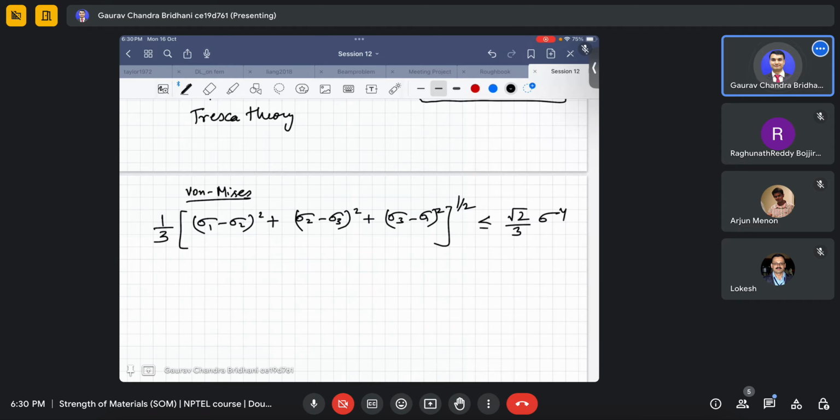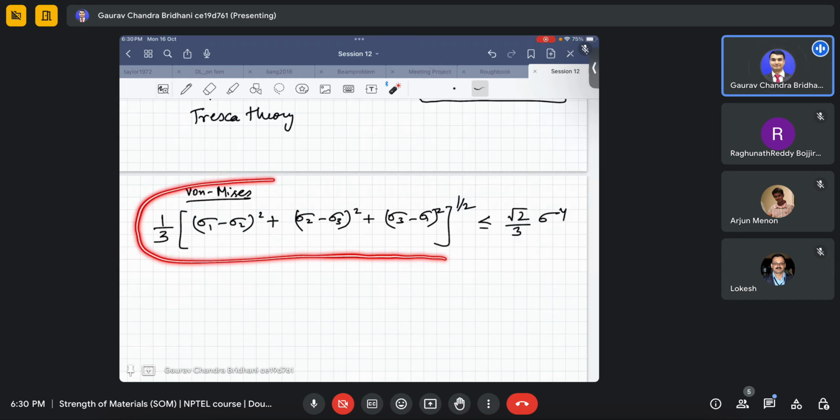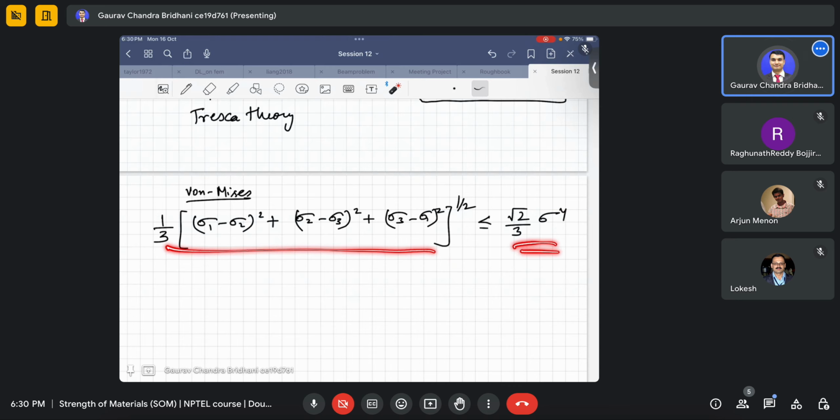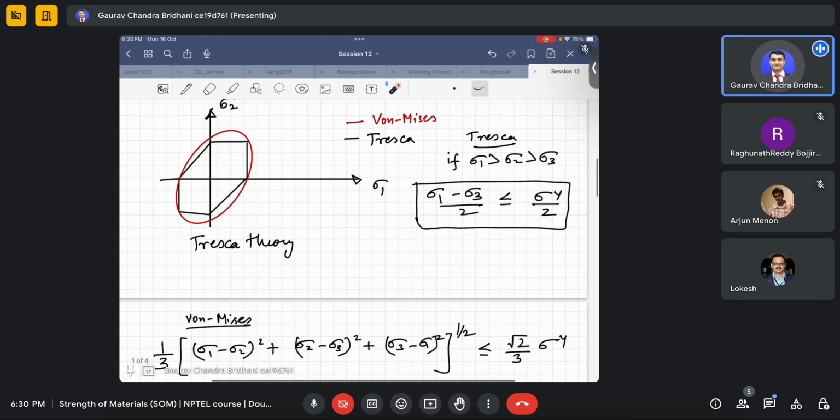Okay, so this gives the statement for the von Mises criteria. Again, I am writing it so that the failure should not happen. So this quantity on the left side should be lesser than this quantity on the right side for the failure not to happen. So basically, if I choose a point, suppose this, so this point comes inside the, if I just talk,